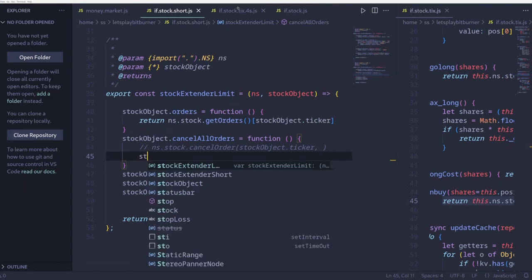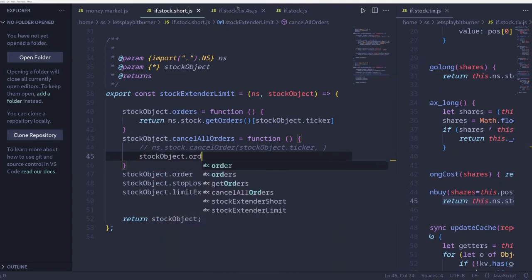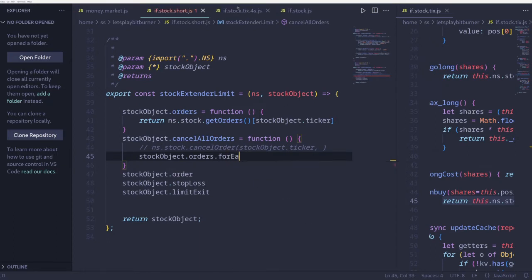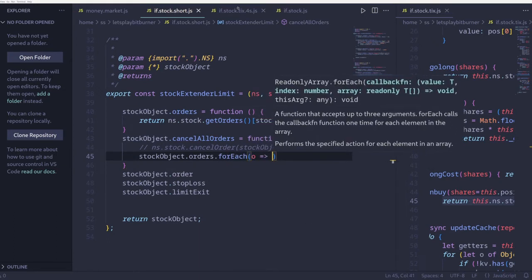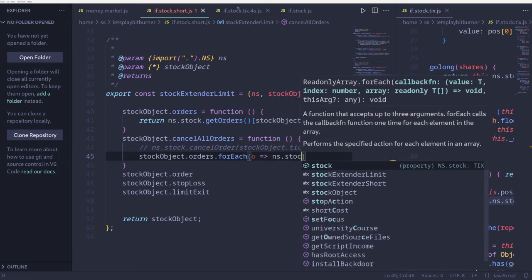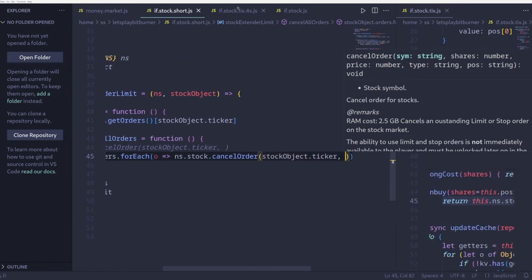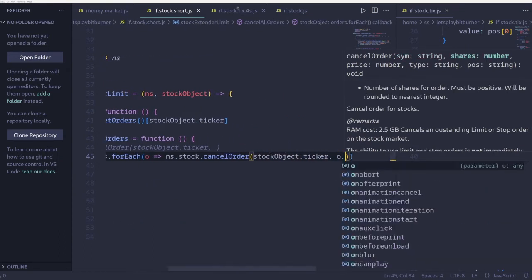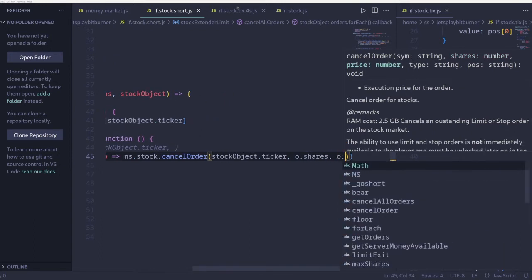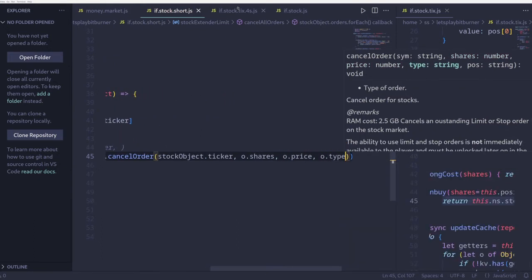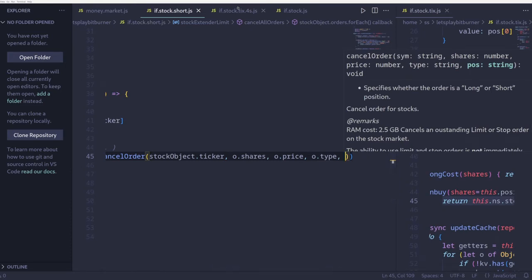So we could call stock object.orders, for each, and for each order, cancel the order with stock object ticker, o.shares, o.price, o.type, and